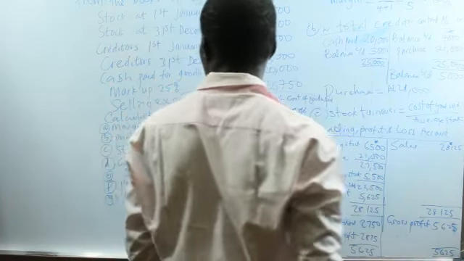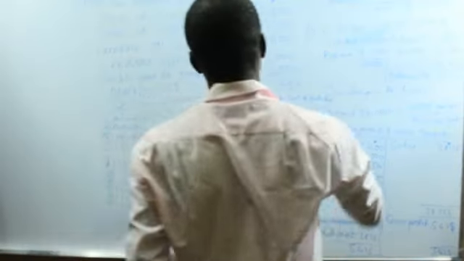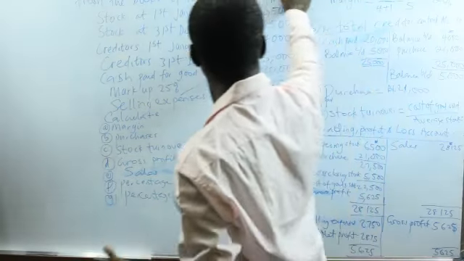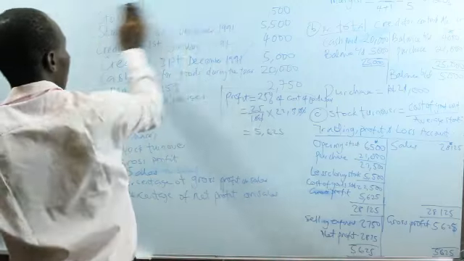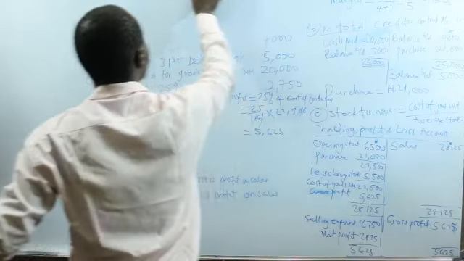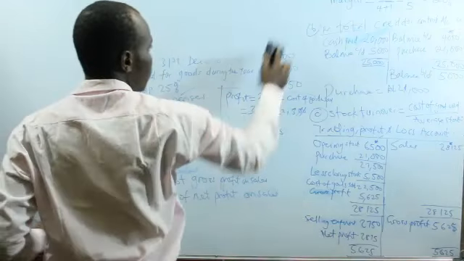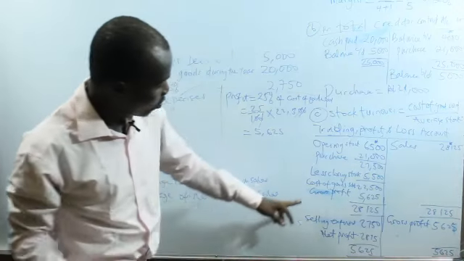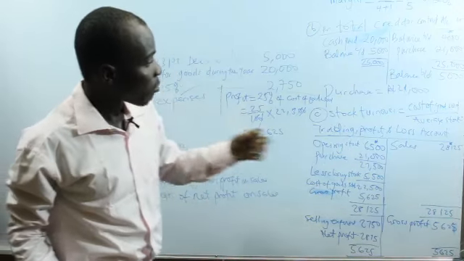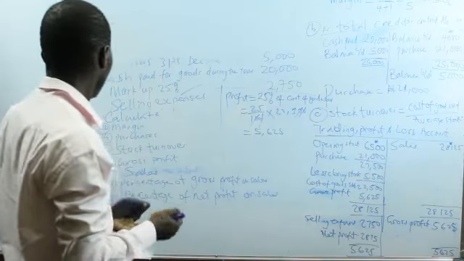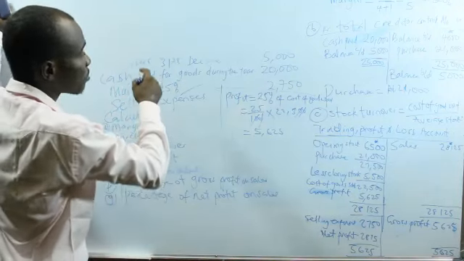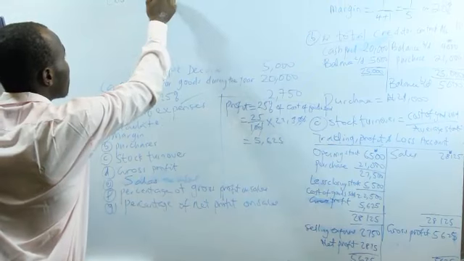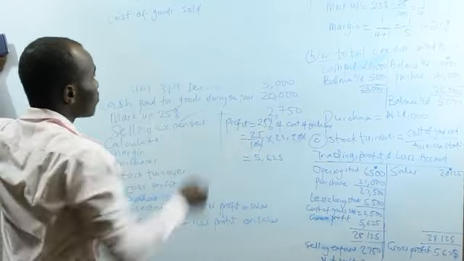So we can then move on to calculate our stock turnover. We've answered the majority of the question through the trading accounts. In calculating the stock turnover, we must be able to determine the cost of goods sold, which we can determine from the trading profit and loss account, while also we must determine the average stock. So we have the cost of goods sold,